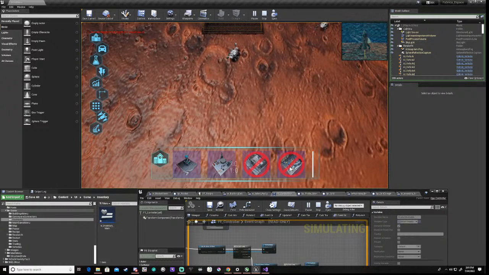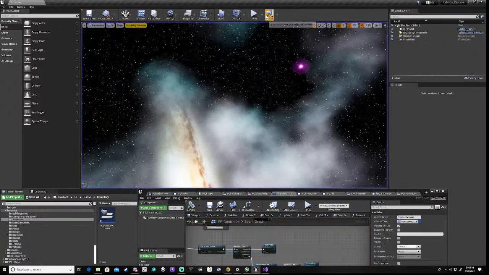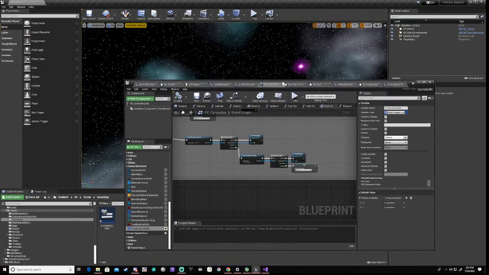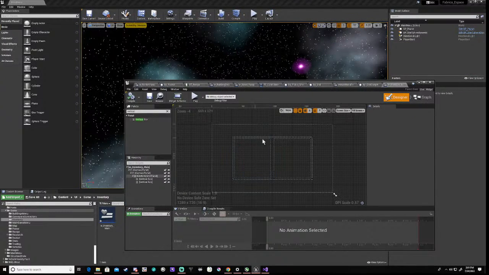So what we want to do now is we want to create an inventory which shows us what we have on hand. Now our inventory, this is the first iteration, remember, so this is going to be the crafting section, and this is going to be our inventory section. Okay,